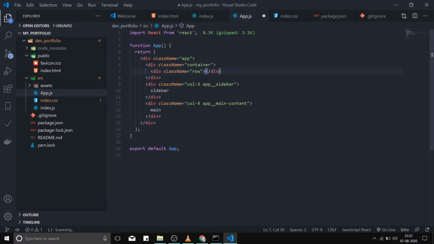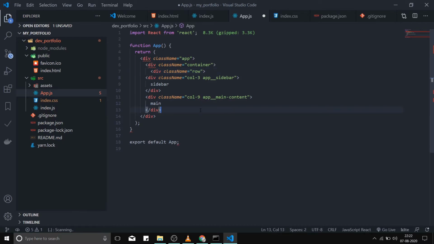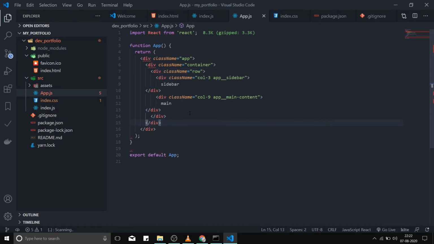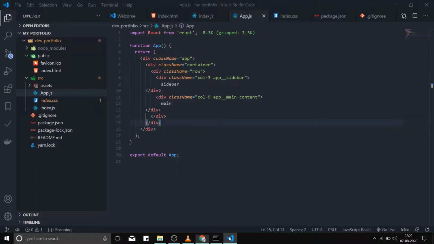You need to wrap it inside a container and row, and then now it should be okay. Now guys, you can use either container or fluid container. The difference is container gives you some padding on left and right, but container fluid will not give you that. So if I use container fluid,